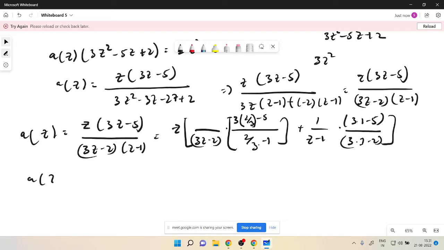So A of z is basically z into 1 by 3z minus 2 into